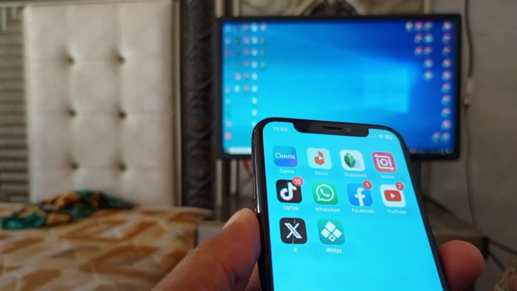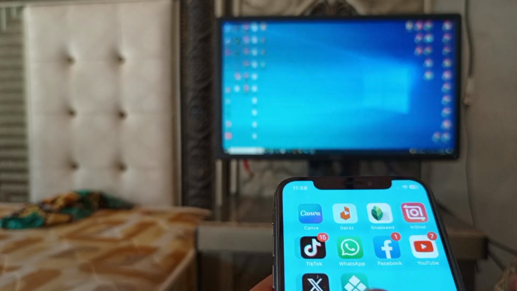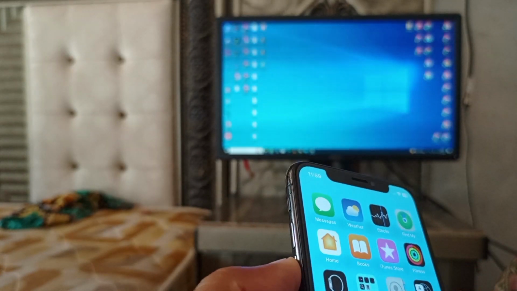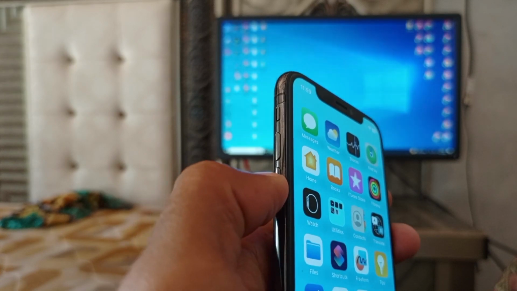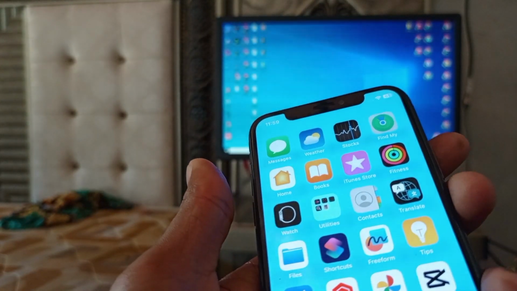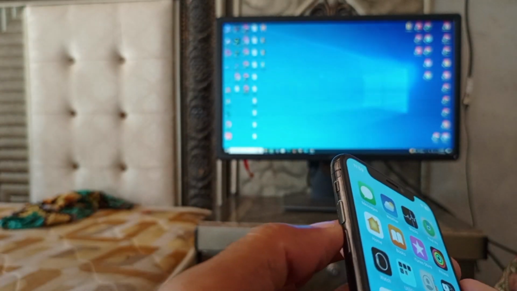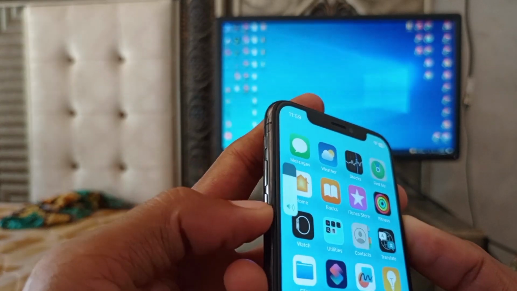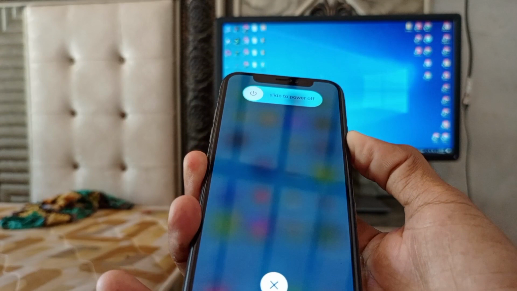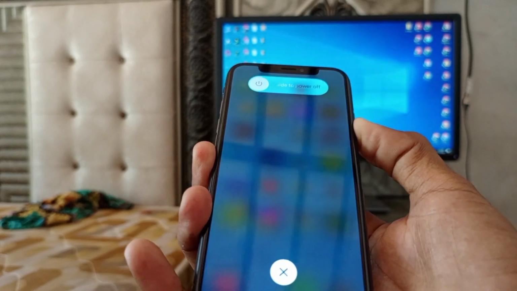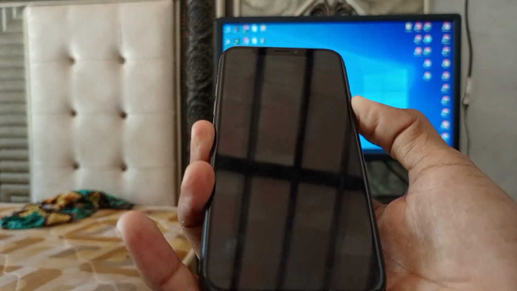So guys, first of all, when your iPhone touch is working automatically, meaning Ghost Touch appears on your iPhone, then simply click the volume up button, then click the volume down button, and then click and hold the power button until the Apple logo appears. So guys, I am clicking here, you can see volume up and volume down, and click and hold the power button until the Apple logo appears. So guys, after the Apple logo appears, you need to release your power button, and after this your problem will be fixed. So wait for a few seconds,